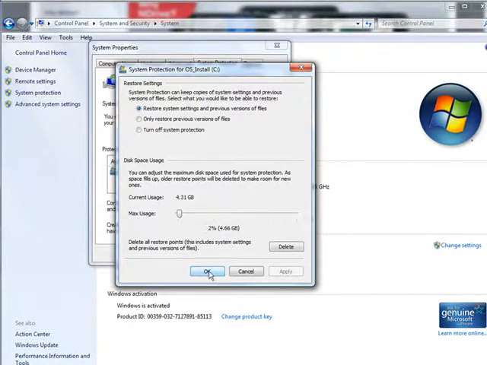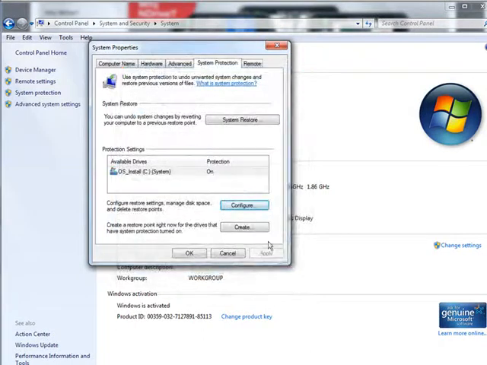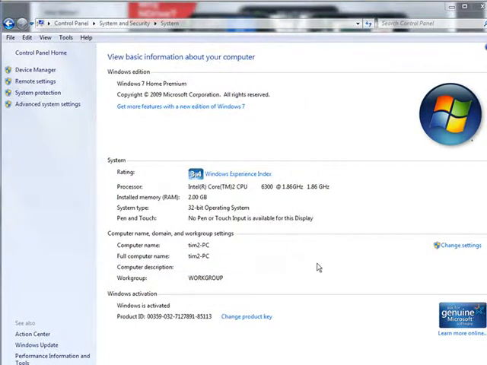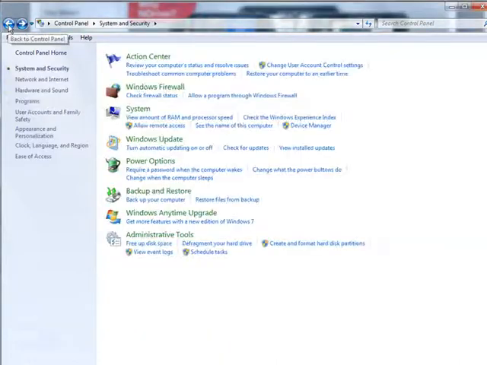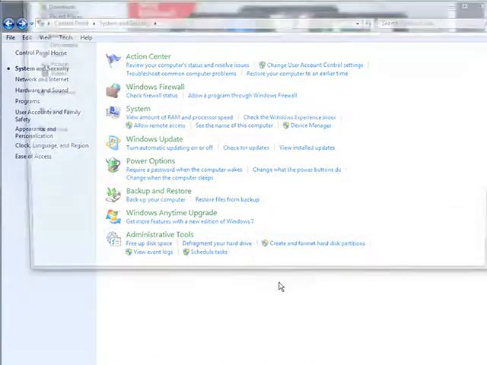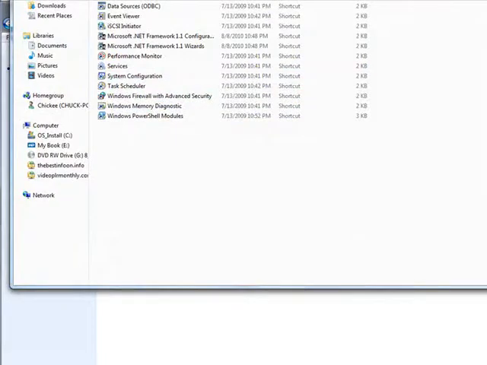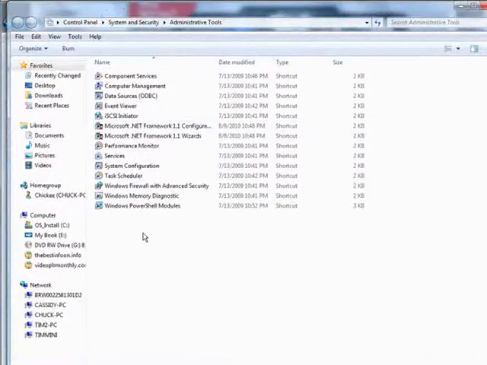So once you set that and click OK, then you will retrieve a whole lot of disk space, which will help you with the speed. Okay, those are the first 3 ways. Now the next thing we're going to do, let's go back to the front here. This is a Control Panel System and Security page. Now what we're going to do is go down to Administrative Tools, and this is our last step we're going to do here. What we want to do is go into Services,